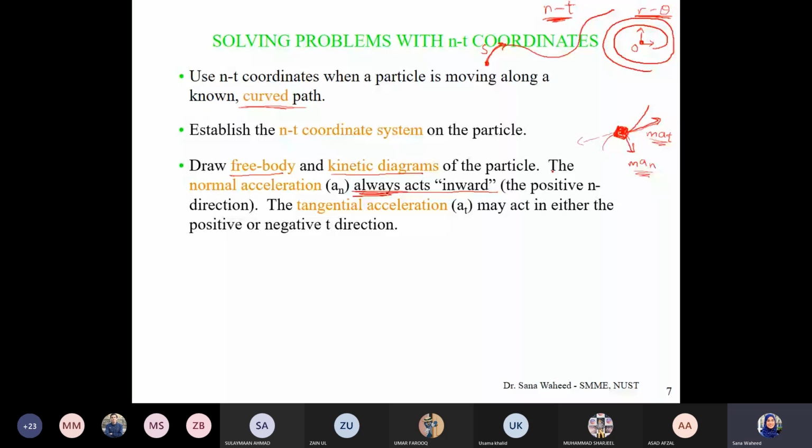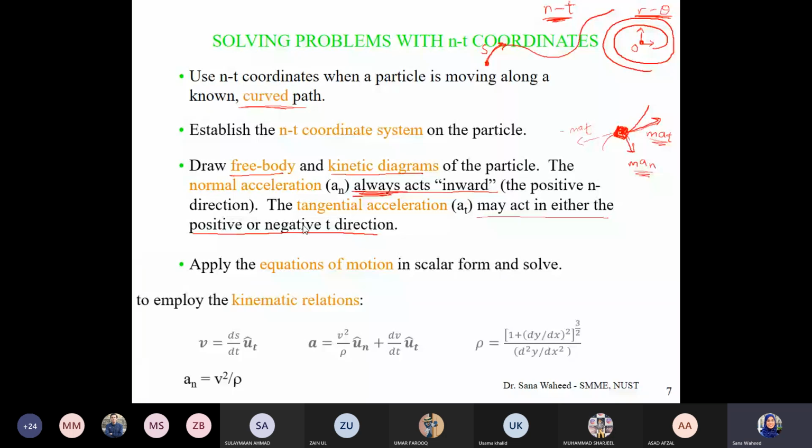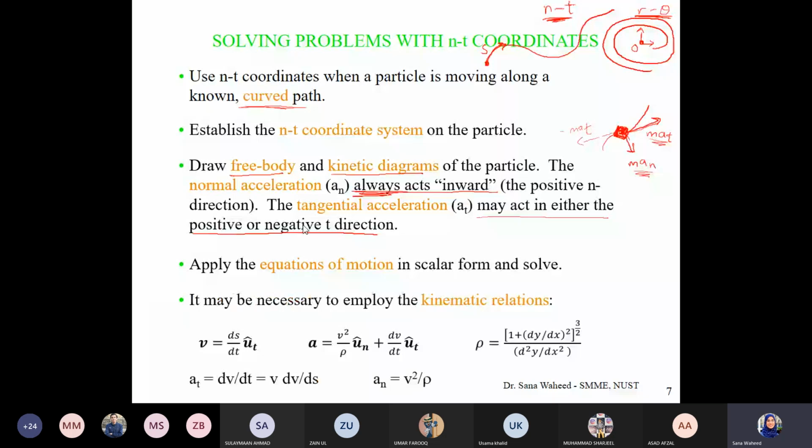Okay, so just some fine points right here. The tangential acceleration may act in either the positive or the negative t direction. Then we apply our equation of motion and solve. If we need anything further than the acceleration, then we use our kinematic relationships. Perfect. Just pointing out here that for the tangential component, this a tangential is equal to dv by dt,